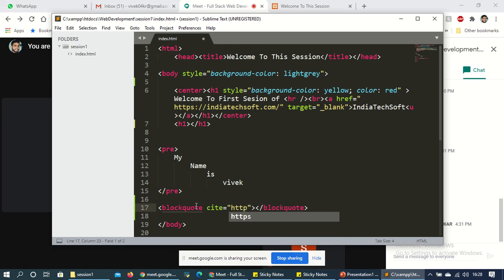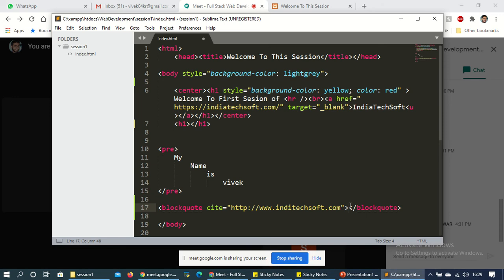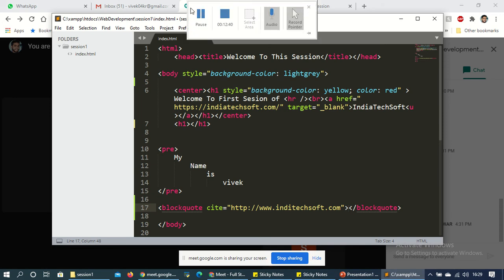slash slash www.indiatechsoft.com, indiatechsoft.com. And here I just want to write something like getting some request.